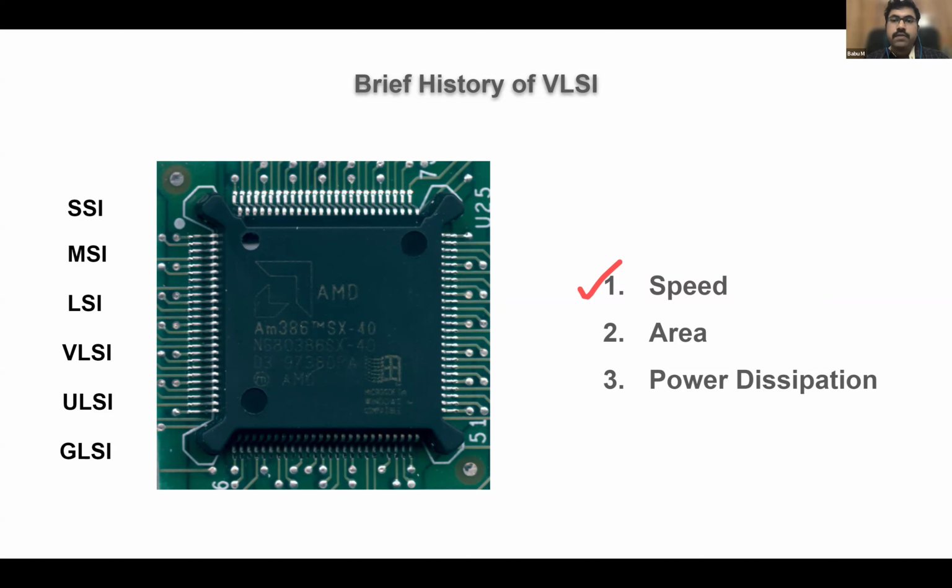We integrate as many transistors as we can so that we can use more memory transistors within the available chip area. The third very important point is power dissipation. Because we have both static and dynamic power in every chip. So power dissipation plays a vital role when we use battery powered devices. So consider our mobile or some